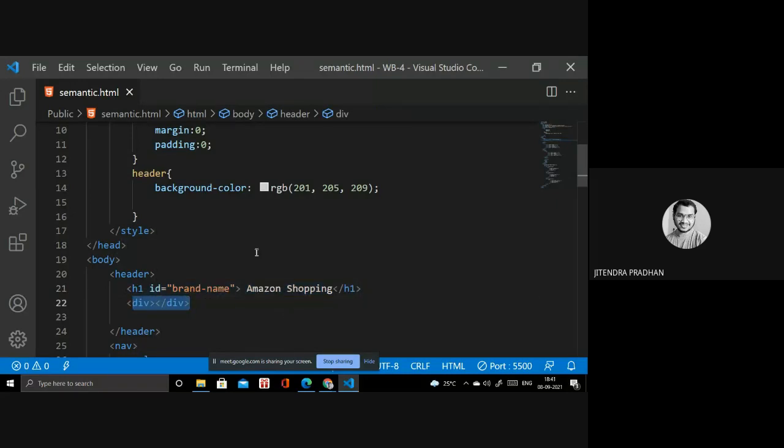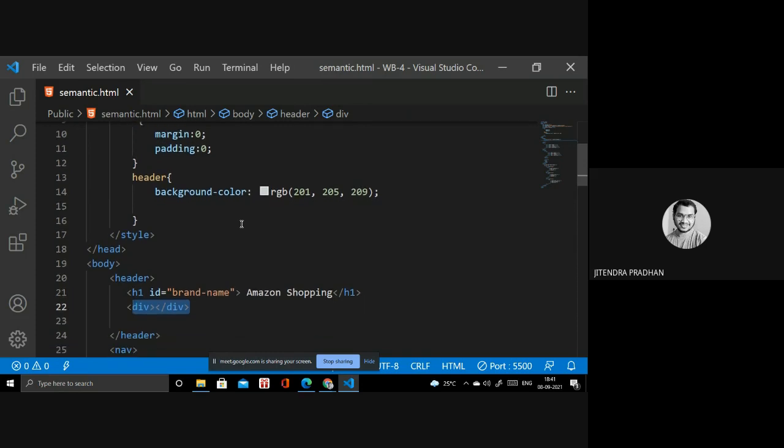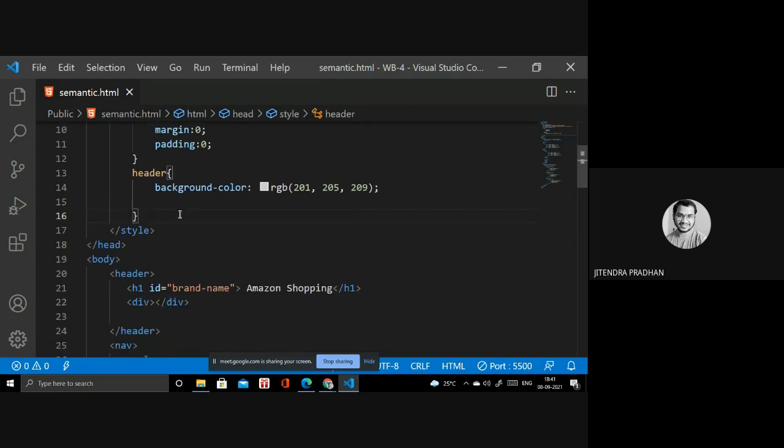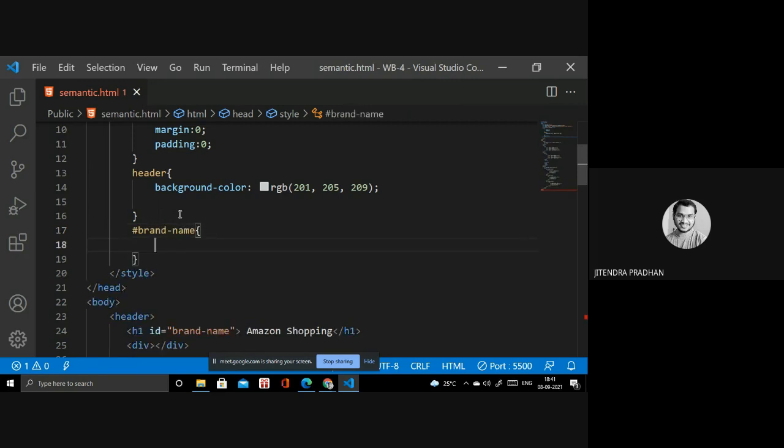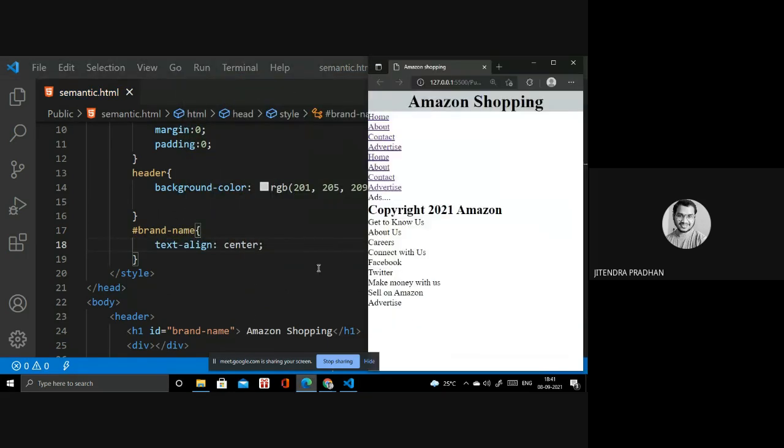That's why I need to divide it another way. So it's the brand name, using an ID with a hash prefix. Brand name: inside you write text-align center. Okay, it's now centered.